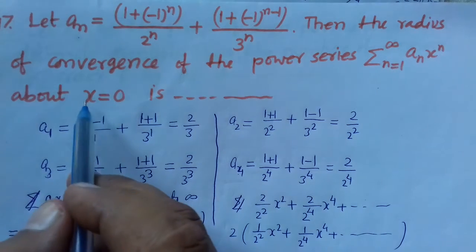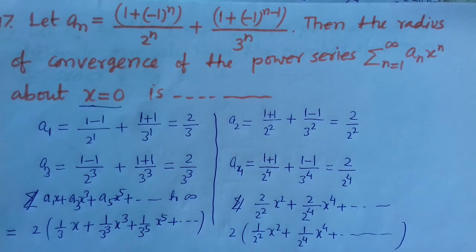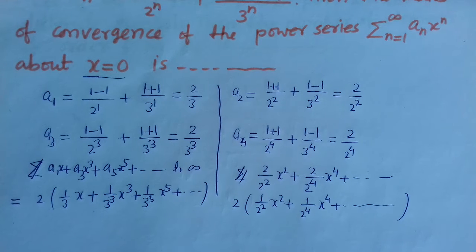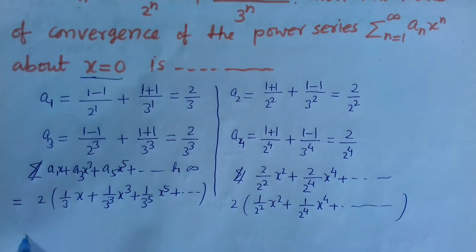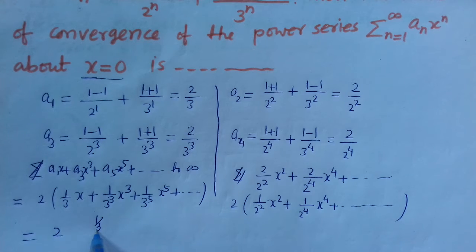You see we have to find about x equal to 0. So near x equal to 0 we can use the formula of the sum of an infinite geometric series. So this will be 2 times 1 by 3,